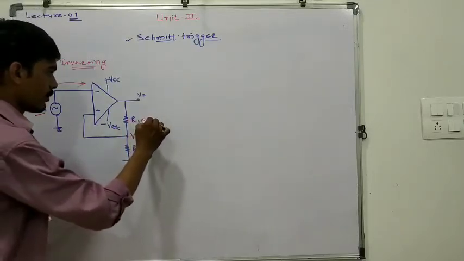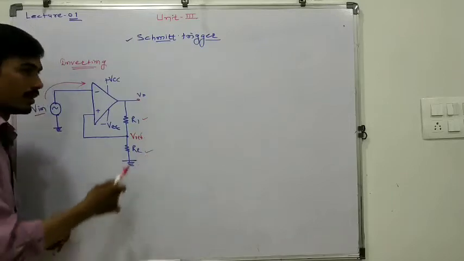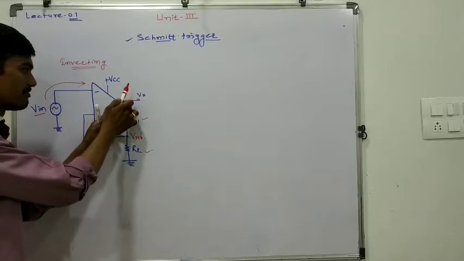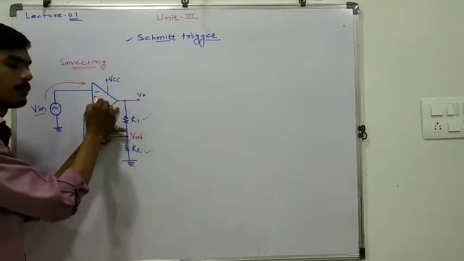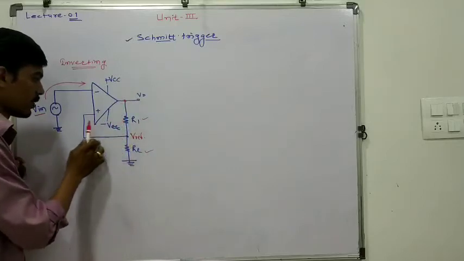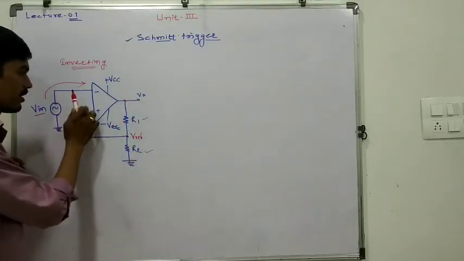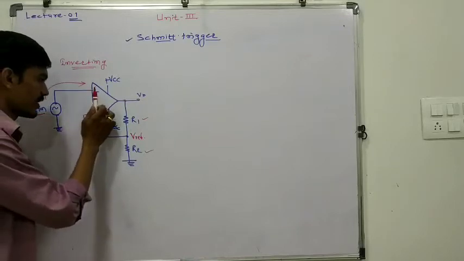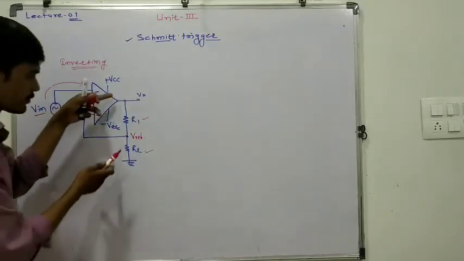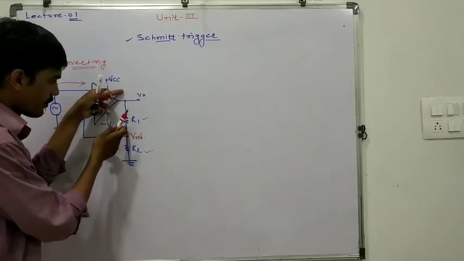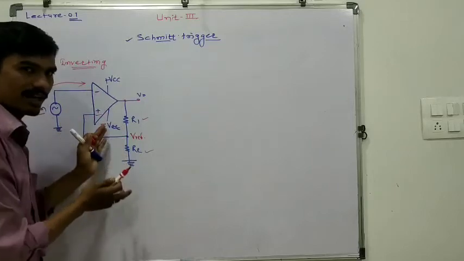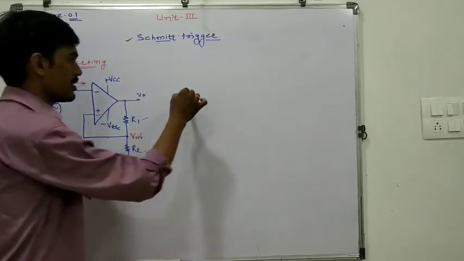Second point, here we are connecting R1 and R2. Basically, these are connected in series, and one terminal is connected to the output of the operational amplifier. Now, in between this, we are connecting one wire, which is directly connected to the positive terminal of the operational amplifier. Now, what happened here? When we take output from in between R1 and R2, this circuit of R1 and R2 acts as a voltage divider circuit, because there is one source.